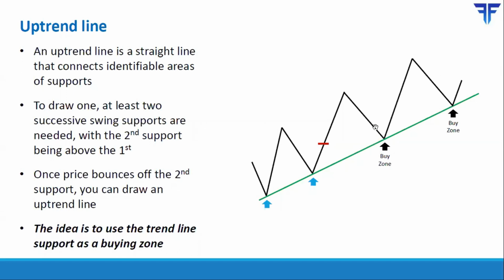Now, in case price takes support at the trend line and starts bouncing from the trend line, as happened over here, it tells you to buy. So a basic buy signal using a trend line is generated when price takes support of the rising uptrend line and starts recovering or starts bouncing from there. Whenever such a setup forms, you should be buying, and you can place stop loss a few ticks below the low that the price formed.